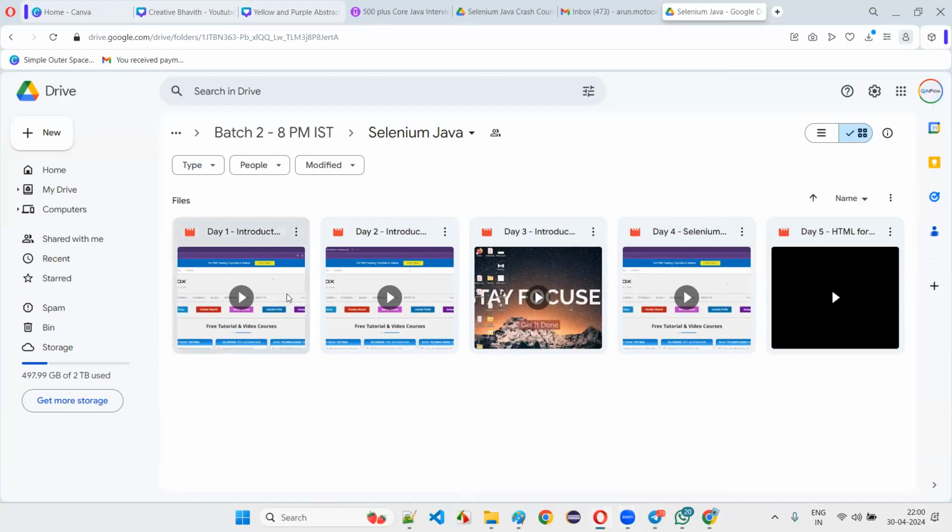Tomorrow, no. Tomorrow HTML only, as we have not completed it. We are still in HTML. Tomorrow we are trying to create frames, tables, buttons, radio buttons, checkbox fields, different types of web elements. Today we covered images, anchor tags, and different types of tags like bold, italic, underline and delete, and some basic concepts of HTML elements. Tomorrow we'll cover the remaining portion of HTML, and thereafter we'll go for CSS and JavaScript.